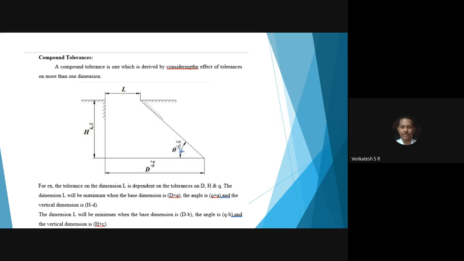Remember, while machining, if you consider the upper limit and the lower limit of h, and dimension d with upper limit plus a and minus b, and the angle with upper limit plus alpha and lower limit minus beta, if you provide the upper limit, lower limit, and the angle in the component,